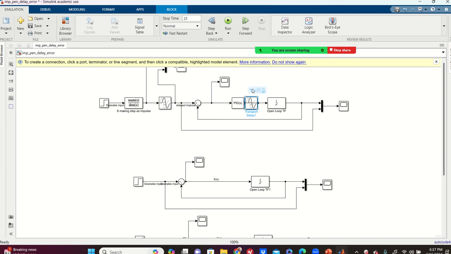Oh, sorry. What's happening? Okay. Yeah. So today I don't know what's happening to my cursor. Okay. See,